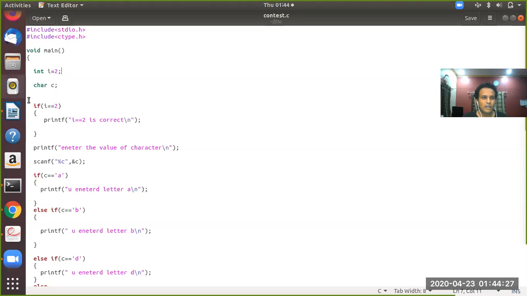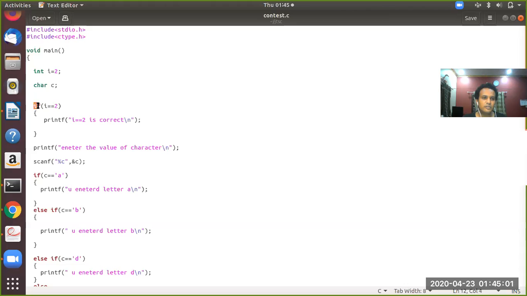So now, when it comes to the third line in the program, see, this happens to be the third line. But this editor includes the spaces and all, so that is why it is showing line 12 on the screen. Okay, so for us, this is the third line in the program. See what this line is doing. You are mentioning if, open parenthesis, i is equal to 2, and then close parenthesis.